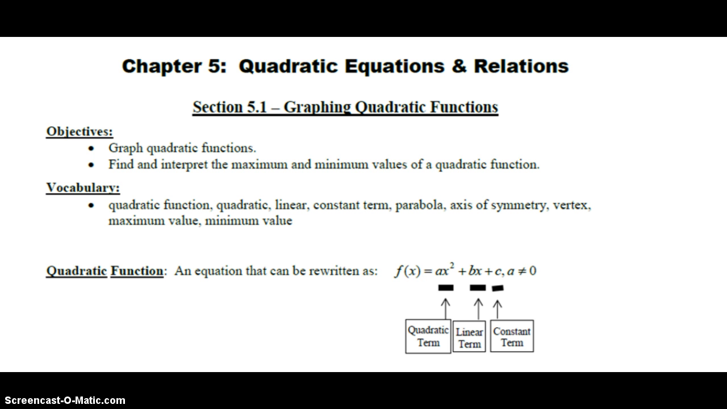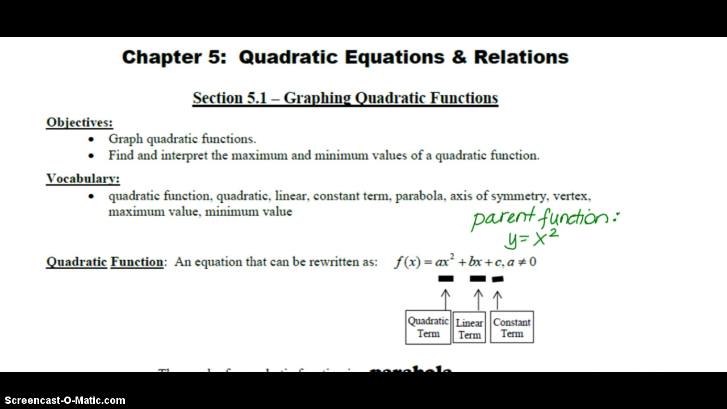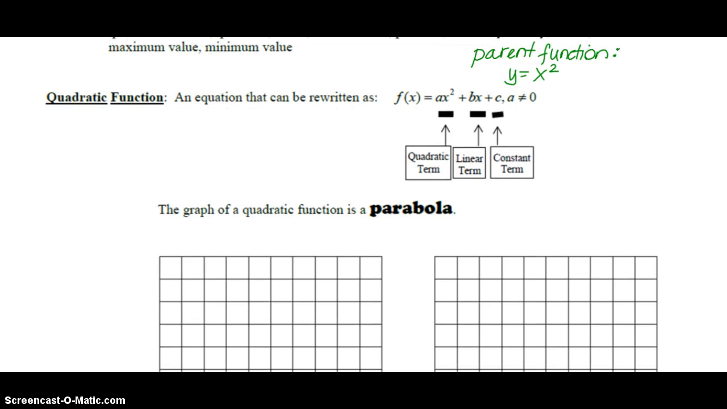In order for a function to be considered a quadratic function, the highest degree term has to be the x squared term. That's the one that we're actually going to call the quadratic term. And if you remember, the parent function is y is equal to x squared. So the x squared term is required. The linear term, the x term, and the constant are not required, but we often see those in a quadratic function as well. And what they do, as you can imagine, is they help move that parabola around the coordinate